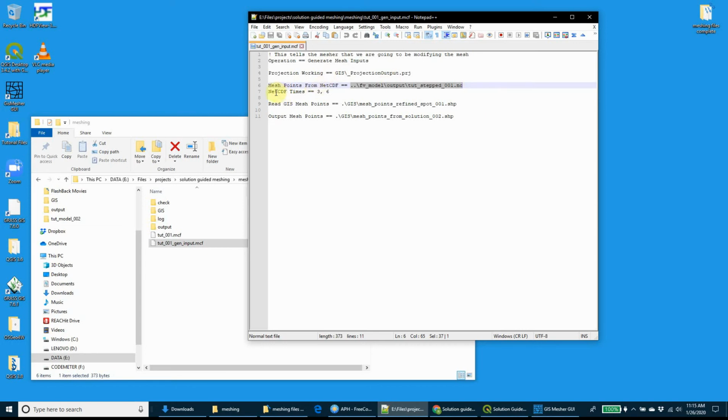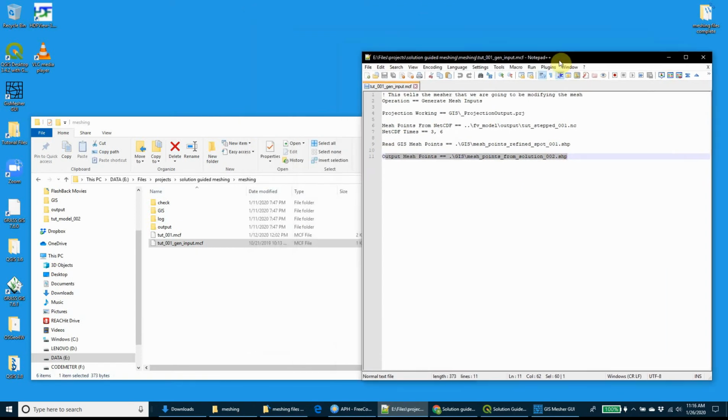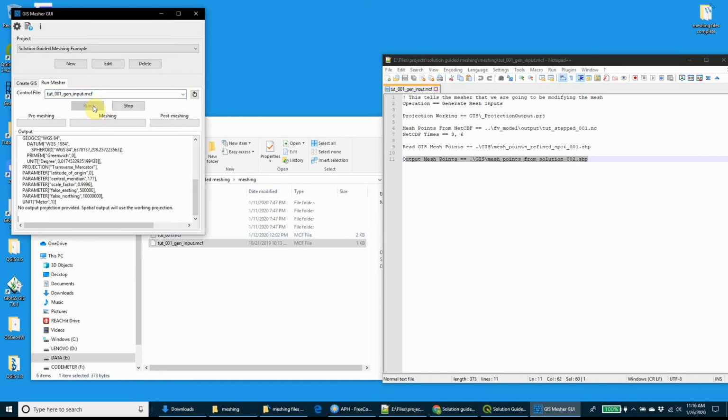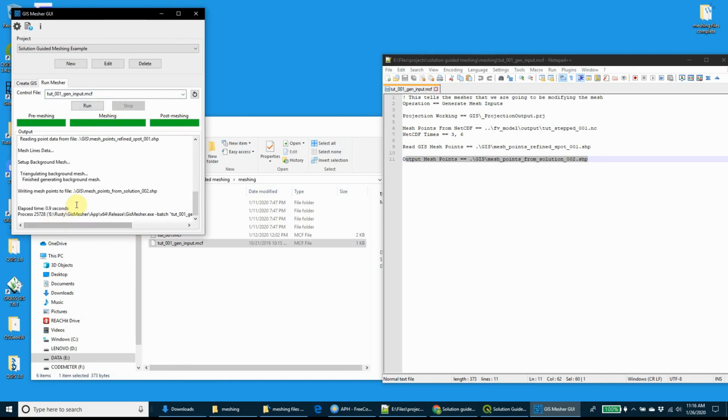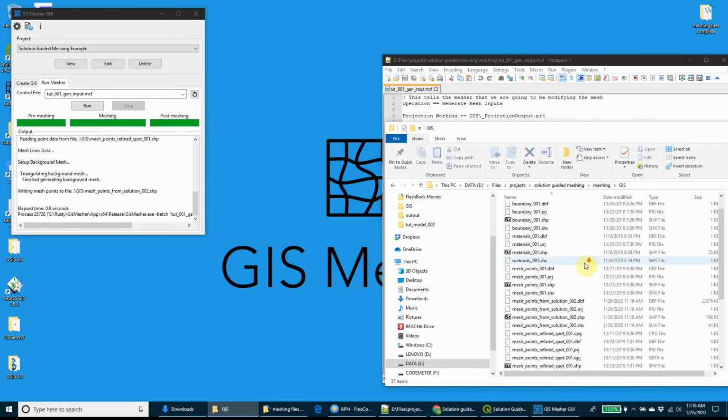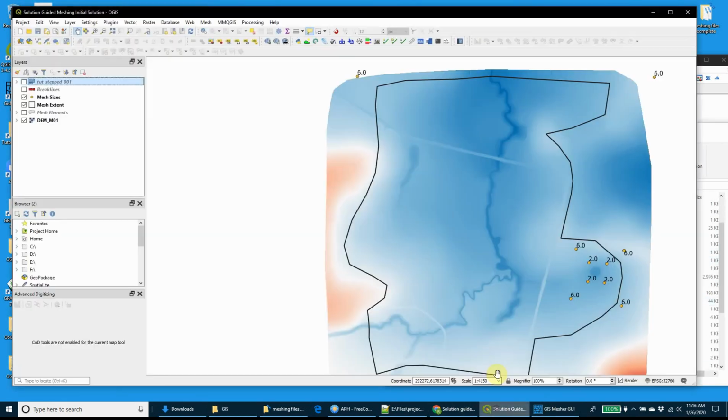And we're going to extract the data from times 3 and 6. We're also going to read in this mesh points information, that's the original size function. We're going to be using that information as well. And we're going to tell it to write this mesh points from solution file. So go ahead and go back to the GUI. I'm going to tell it to run this file here. It spits out in a second that it created this file. So if we go over to this GIS file and look at it inside of QGIS,